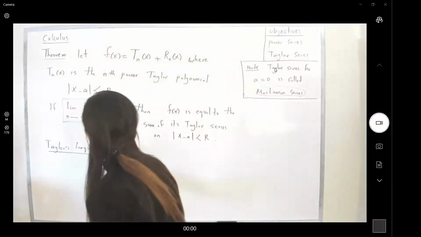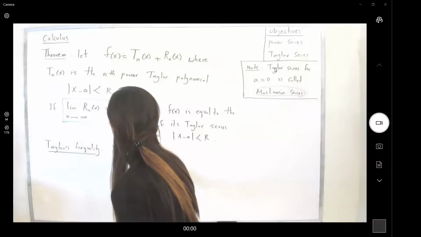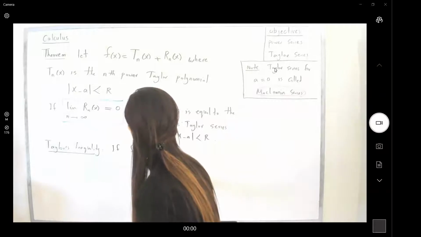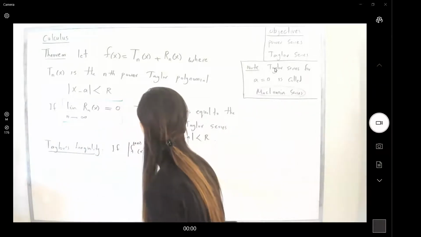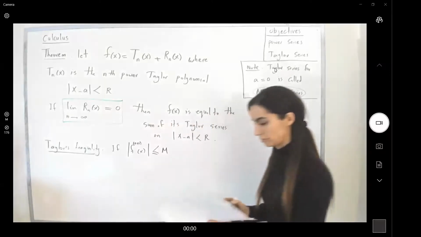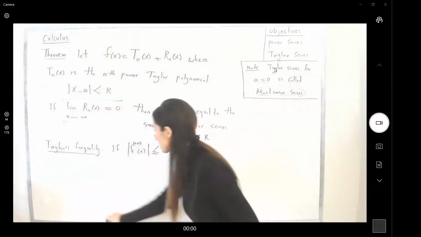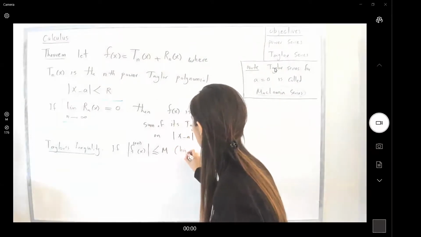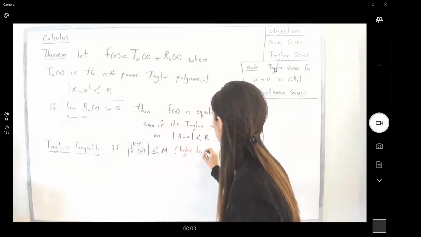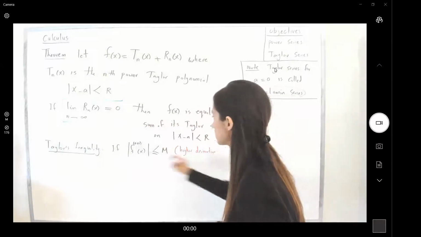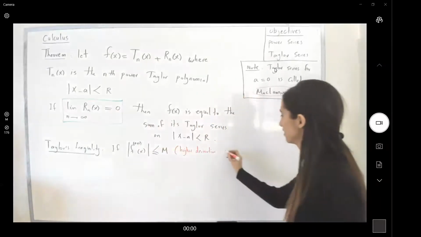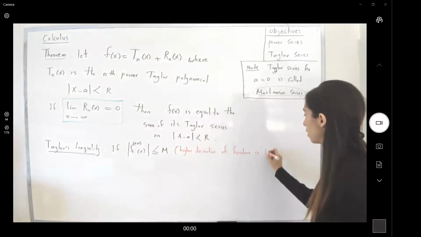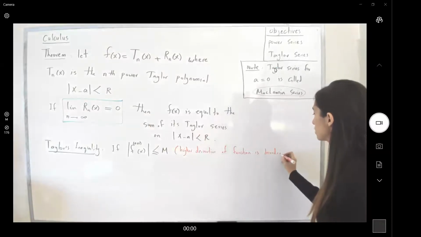If the higher derivative, the n plus 1 derivative of your function, is less than or equal to M. M is just a constant. M is a number. So if the higher derivative, in this case the n plus 1 derivative of the function, is bounded, it has an upper bound, it has a lower bound,